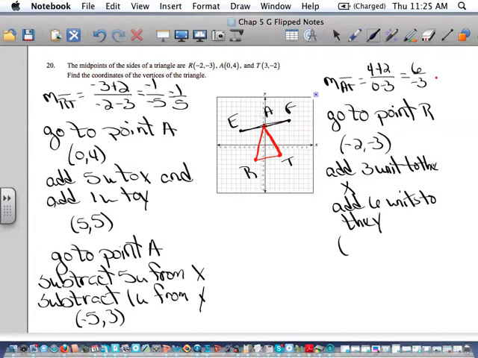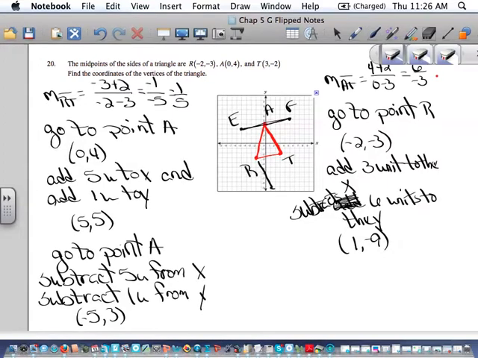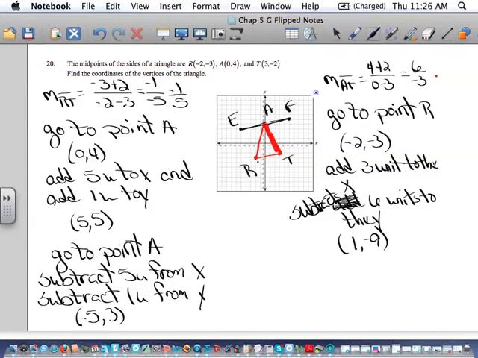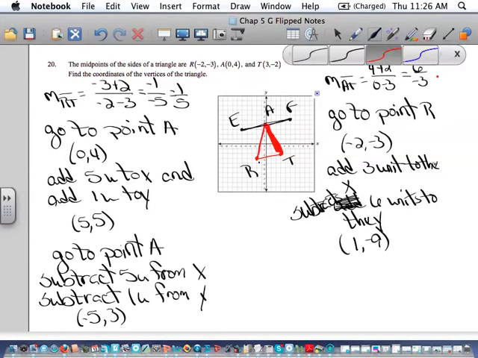So adding 3 units to the x is going to put me at 1. Adding 6 units, so it's going to go further down when I'm adding it. I'm actually going this way. So I guess I'm going to say I'm going to subtract 6 units. You have to use the graph. This is a very visual process. So I'm going to be at 1, -9. Remember, when you're looking at this slope of AT, you want to be parallel to that and twice its length. So I'm going to go to 1, -9